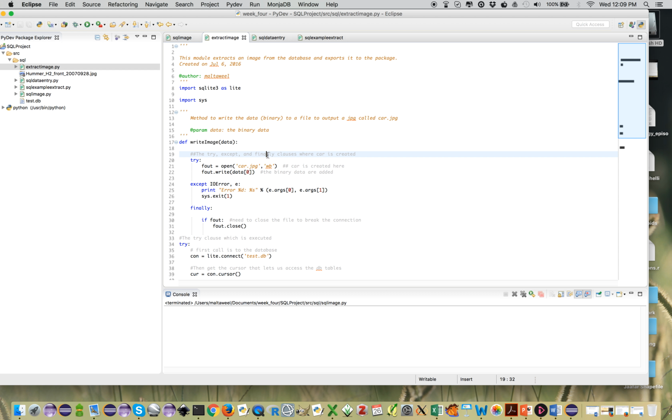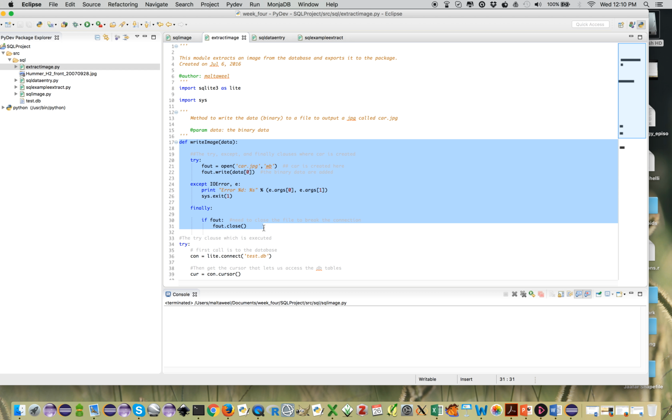Our final example today will be writing out this image that we've stored into the database. Recall in the last example, we stored information into our test.db. Now we're going to write that information out. Once again, we're going to import SQLite and the system library. We're going to create one method in this module, called extractImage.py, that you can see in the package